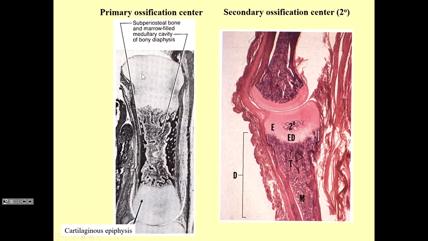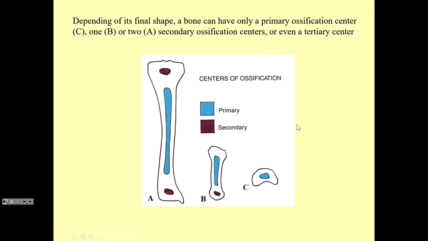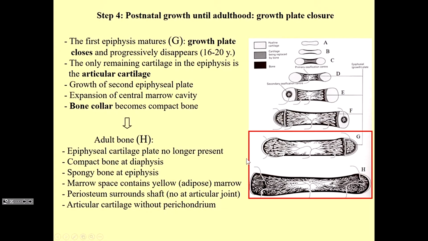And in this particular case, if a blood vessel goes into the epiphysis and you start to get endochondral ossification, you'll get the secondary ossification center, as shown there. You can get different combinations of primary and secondary, and sometimes even a tertiary ossification center in various types of bones. So now we're in the teenage years, where we're getting elongation of the bone because the epiphyseal